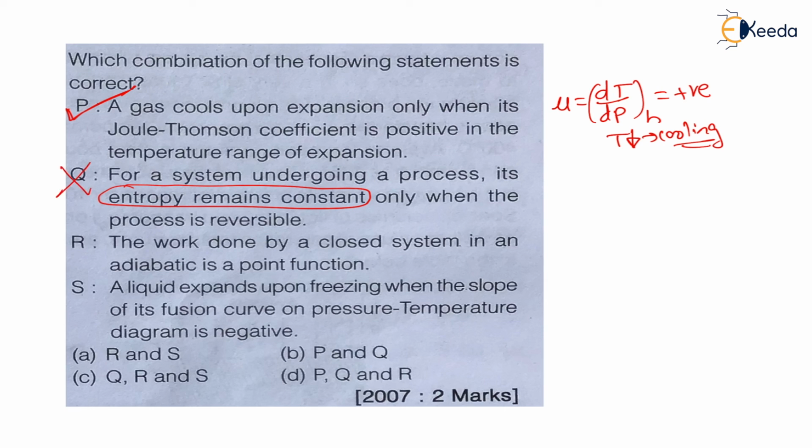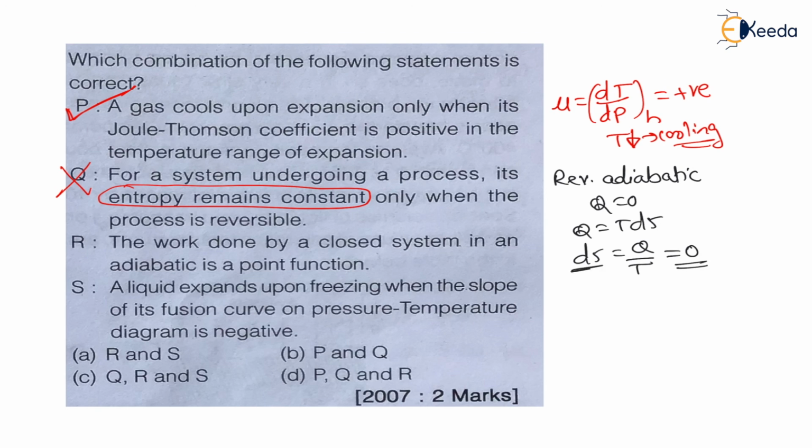This is a wrong statement, because my dear students, for a reversible adiabatic process heat is 0. Therefore here heat is nothing but TdS. Therefore dS, change in entropy, is equal to dQ by T, which is 0, right? So my dear students, change in entropy 0 means entropy is constant. So entropy is constant only for a reversible adiabatic process, also called an isentropic process,